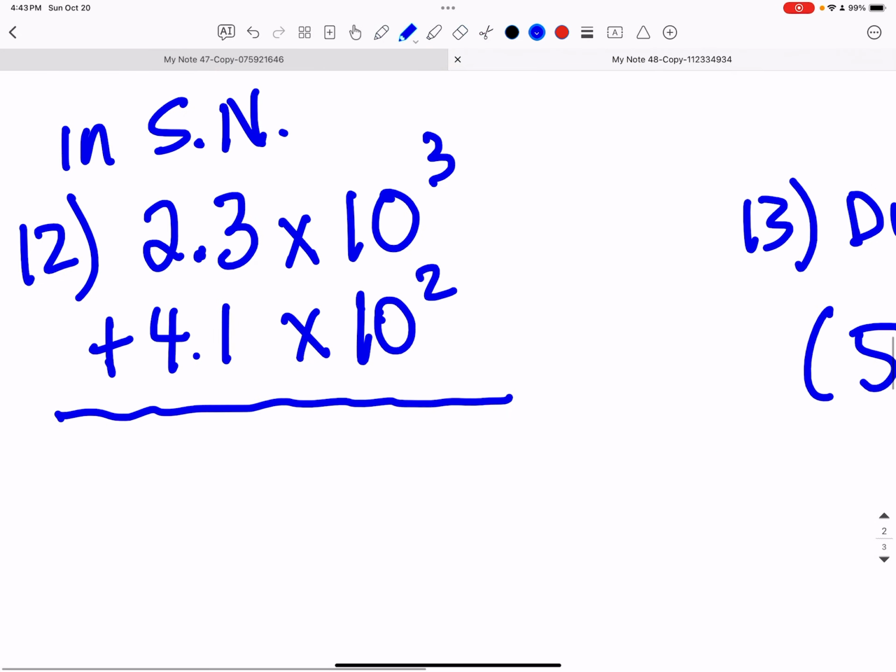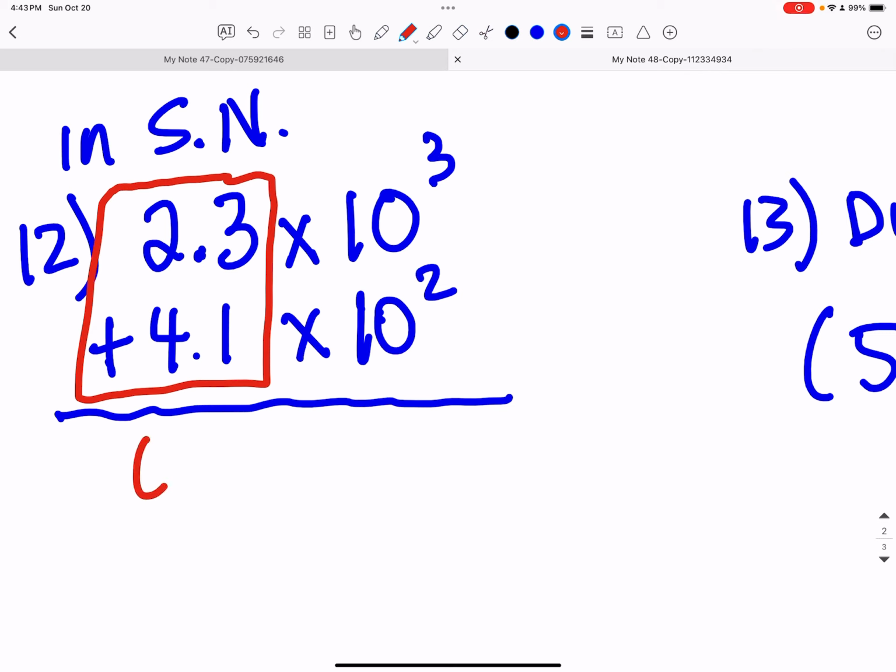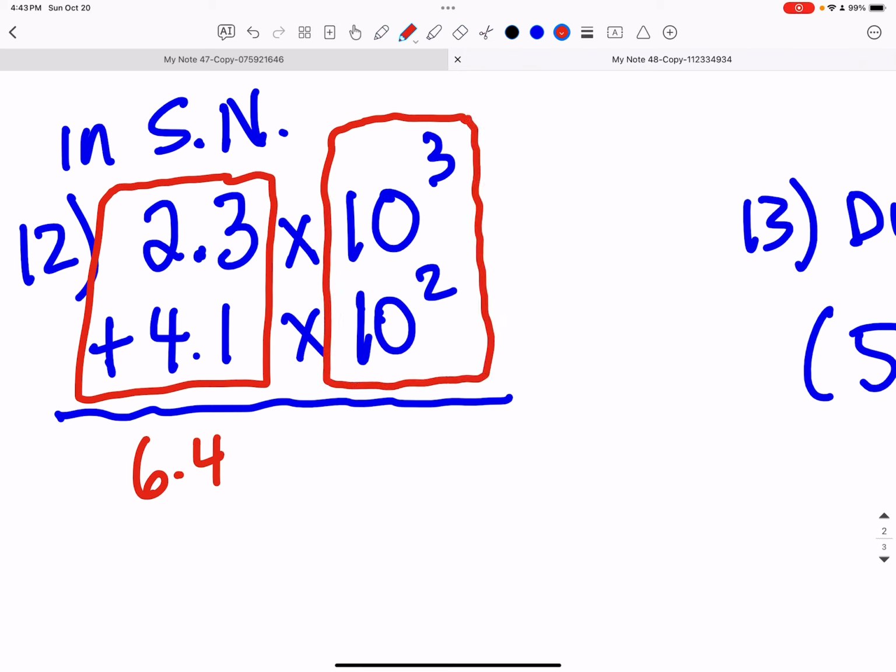12, write this in scientific notation. If I was trying to do this, the reason this breaks is because normal numbers, I can add normal numbers. Normal adding would be 6.4. But when I try to add powers, one less than addition is nothing. So there's no way for me to do this section. So that means to do this problem,